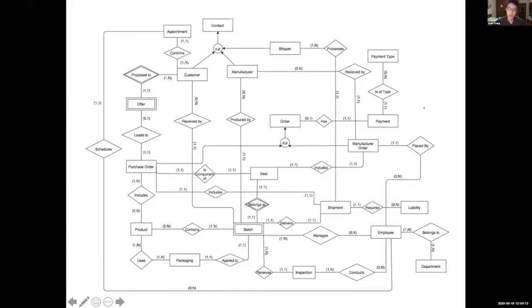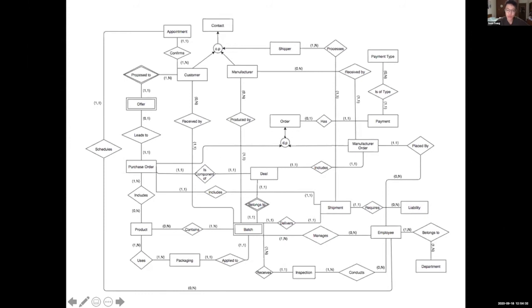Hi. Yeah, so our EER diagram includes several superclass subclass relationships. We have the superclass contact with the subclasses customer, manufacturer, and shipper, and also the order superclass with the subclasses purchase order and manufacturer order.